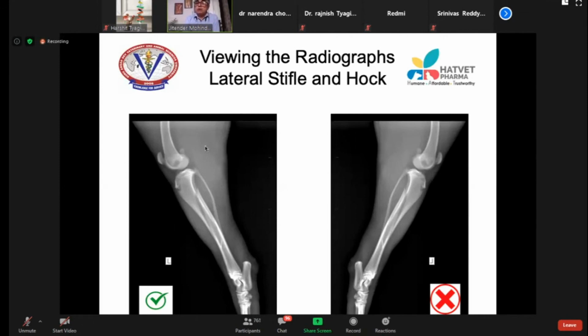So always remember, when you are seeing radiographs of a limb, the head of the animal should be on your left, the tail of the animal should be on your right, the body of the animal should be topmost, and the periphery of the limb should be on the bottom. You can't just rotate it upside down either. That is also a wrong way of interpreting. Every time you see the radiograph in this way, you will start seeing things which you were not seeing earlier.